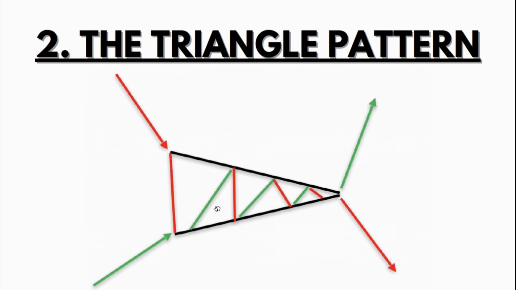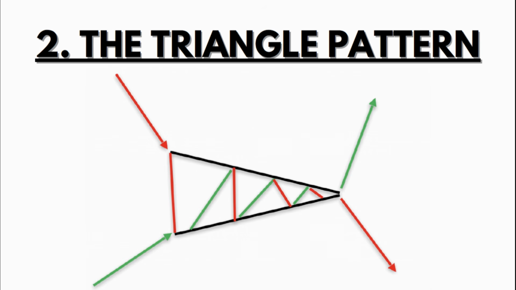So trend trading is definitely the way to go. Do not trade triangle patterns against the trend. I mean, it is possible, but you should not prefer doing that. This is just an overview of what the triangle pattern looks like. If there is a downtrend, the price will come here, consolidate between the triangle, and then break down again.